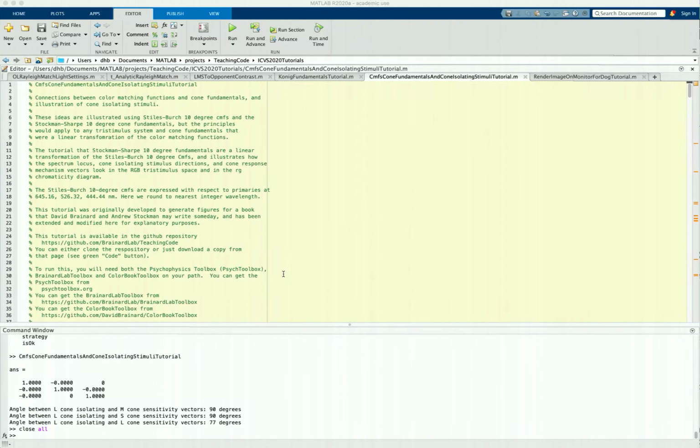through a Matlab tutorial, which I call CMF's Cone Fundamentals and Cone Isolating Stimuli tutorial, that will expand on some of the ideas in the online or recorded lecture I gave on why the cone fundamentals are a linear transformation away from a set of color matching functions. Here we'll do it in code a little bit and then explore the ideas of cone isolating stimuli and color